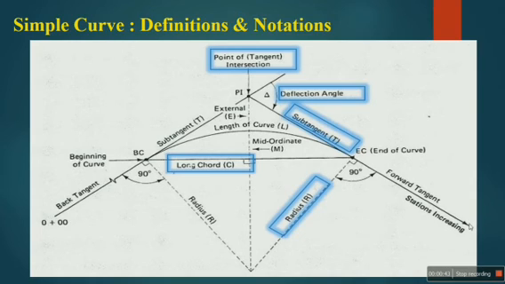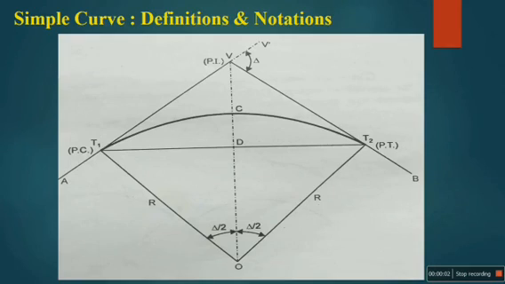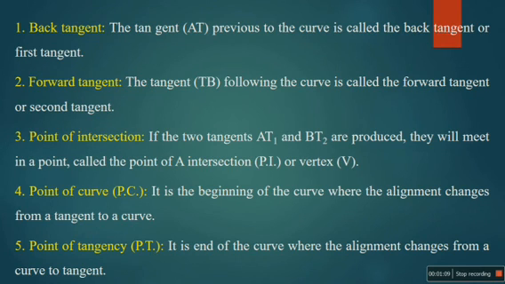Suppose the progress of survey is from here going like this. In that condition, this is the progress of the survey line, and the curve bends to the left side of the surveyor. This type of curve is called a left hand curve. Okay, these are some definitions and notations of the simple curve. The definitions we discussed here are written in the